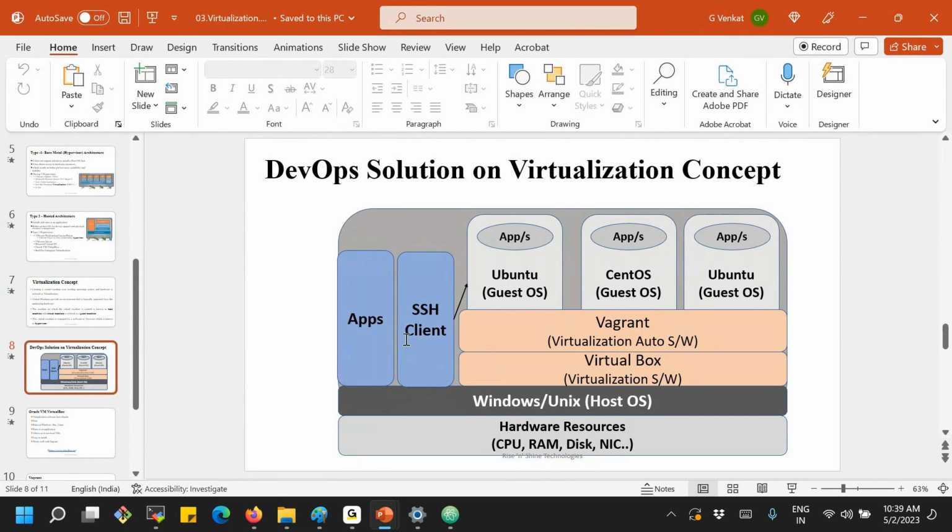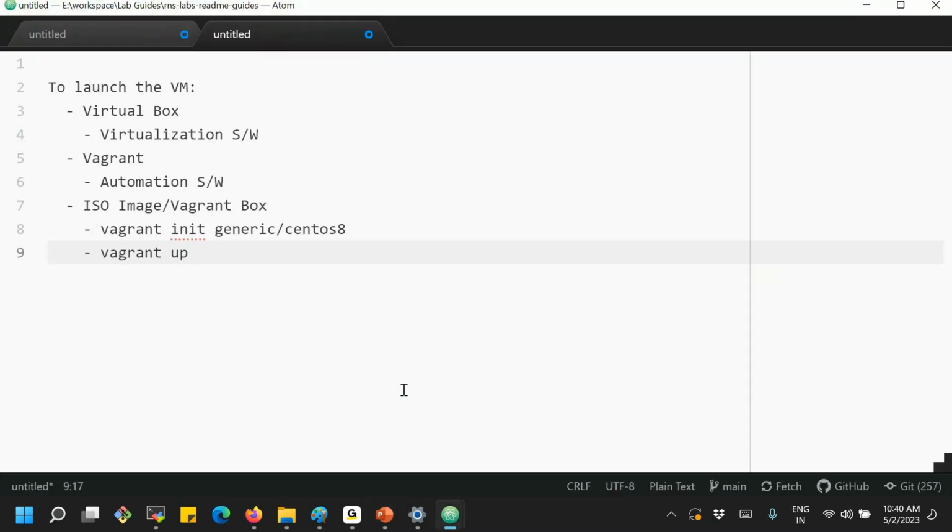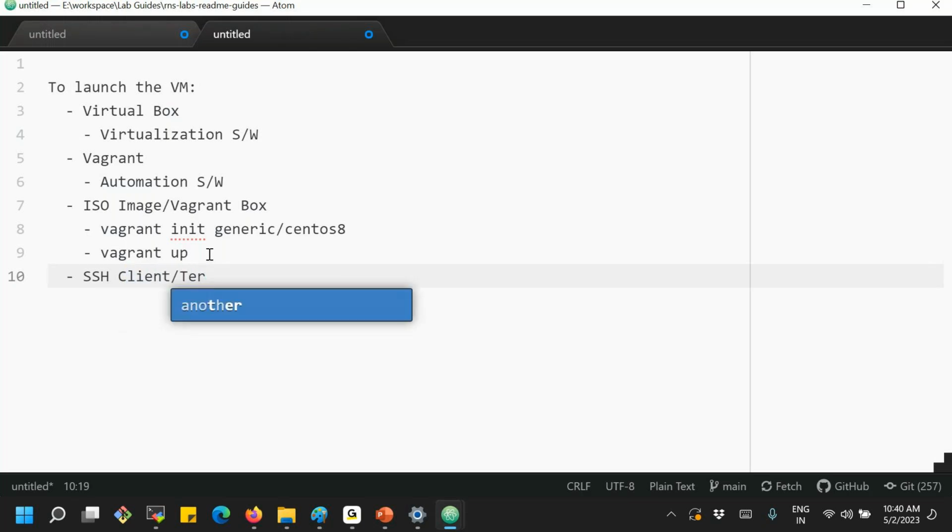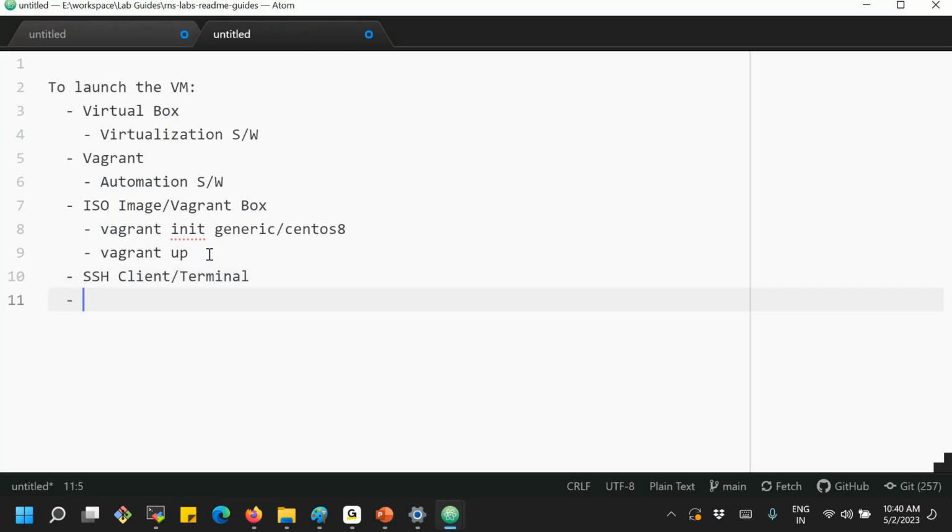But what is the software that we can use? So here are two points. I need to run these two commands, or I need to execute SSH commands. So what is the software that we are going to use for that activity? This is an SSH client software, or we can use this SSH software as a terminal also to run the commands. If you would like to execute any command on Windows, yes, we can use this SSH client software as a terminal.